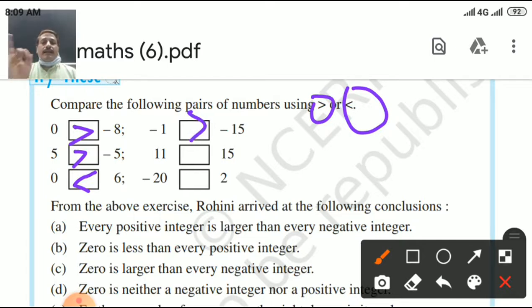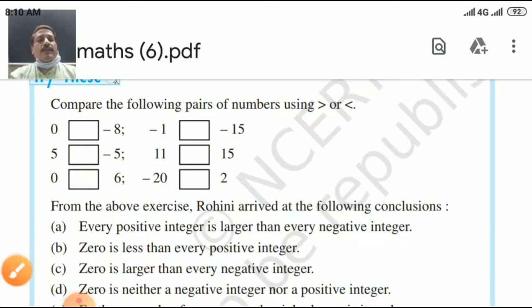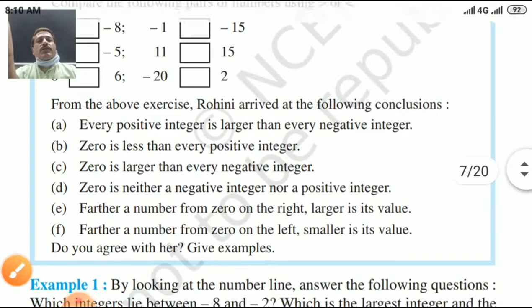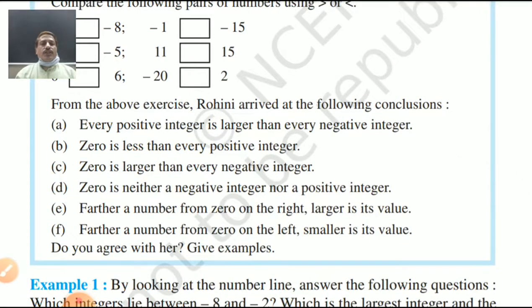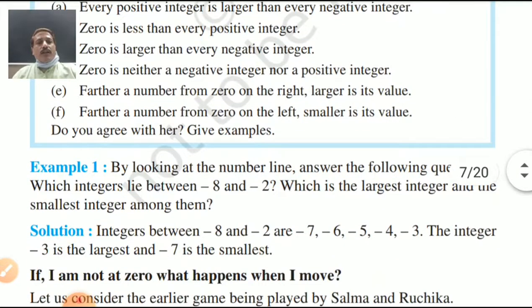In the same way, minus 1 is greater than minus 15. I said for minus numbers, the smaller number is bigger. Yes, 1 is smaller than 15. Yes, very good, students. You are very sharp. Minus 20 is on the left side and 2 on the right side. That's why 2 is the bigger one. So you have a clear idea that positive integers are always bigger than negative integers. A positive integer is always greater than 0 also. Yes, my dear students, all these things are written on your screen and you can find the solution of example number 1. So here is your example number 1, students.